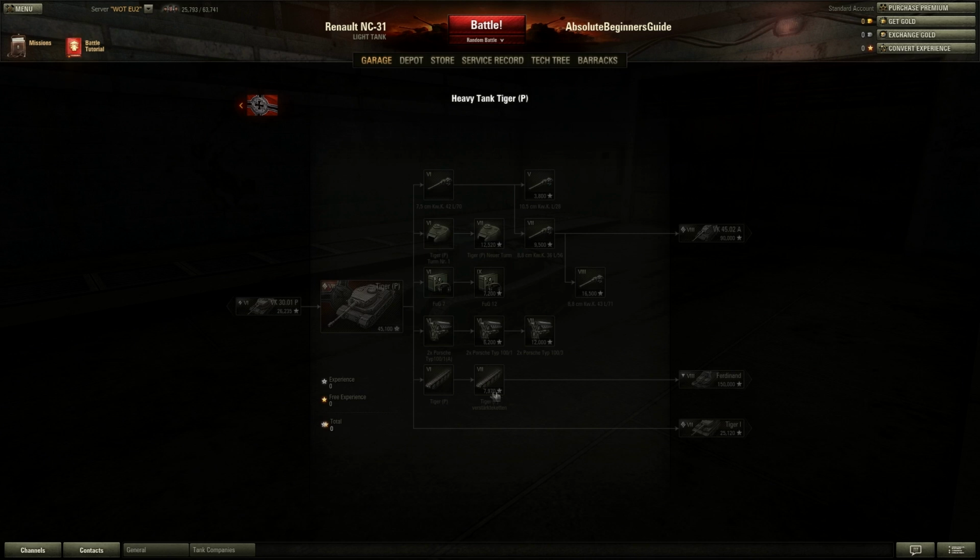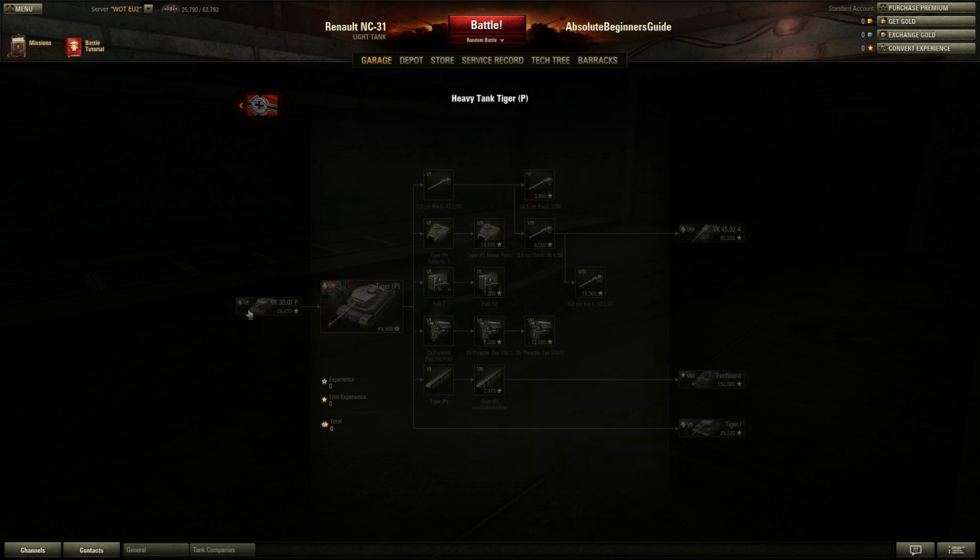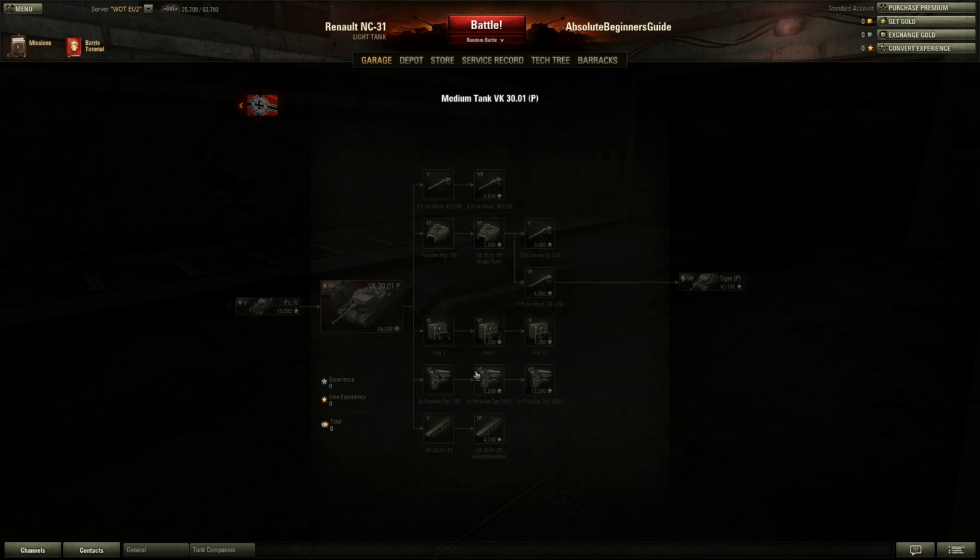And to be honest, if you're going for the Ferdinand, you could just go for the tracks. But again, you're kind of left with the same problem as you did before. Again, this is the engine that you've unlocked previously. You didn't unlock it on the Tiger P, you unlocked it on the 3001P. So with the German line especially, you do bring modules up through the different vehicles, and it's certainly worth just looking ahead and seeing